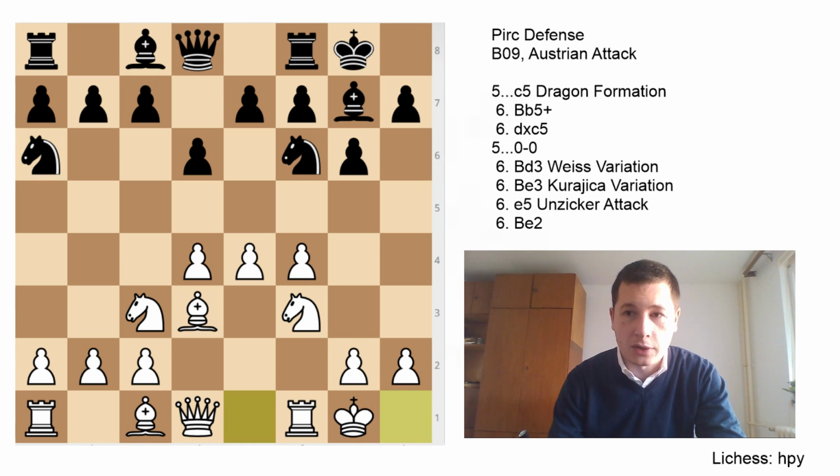After castles, black, of course, plays c5, breaking through the center. Remember this with the black pieces. If you can, play c5, open up the center. e5 is another idea, but I think in this position, c5 is much better. c5, and white continues with